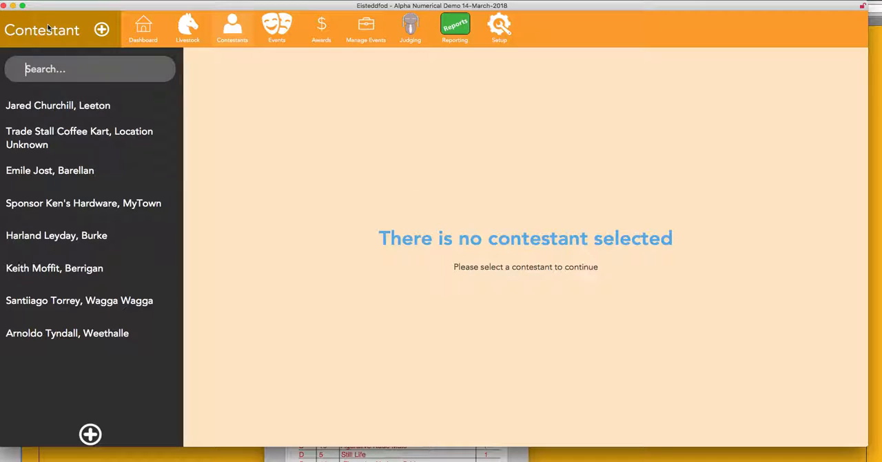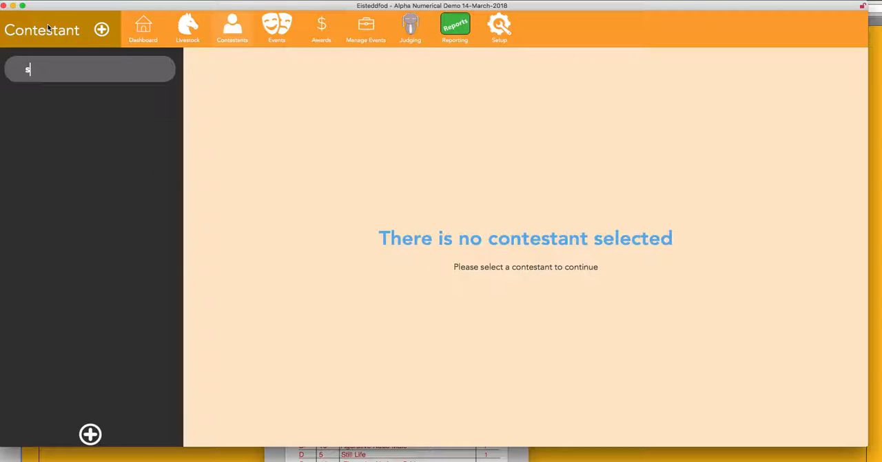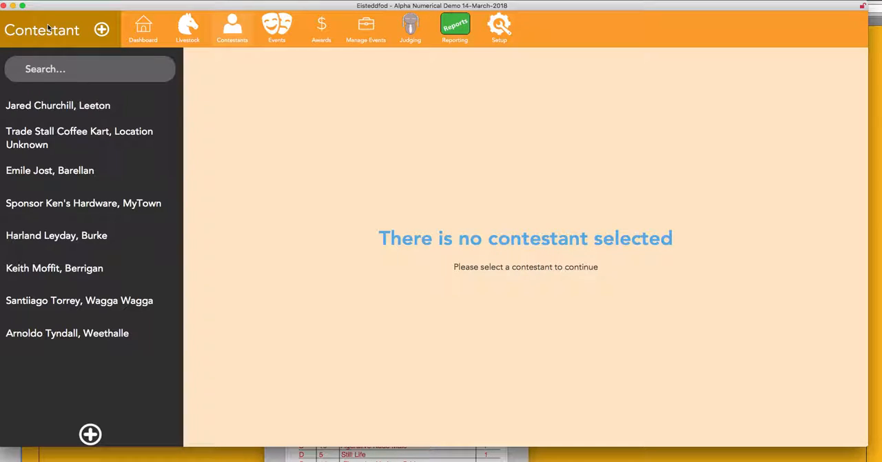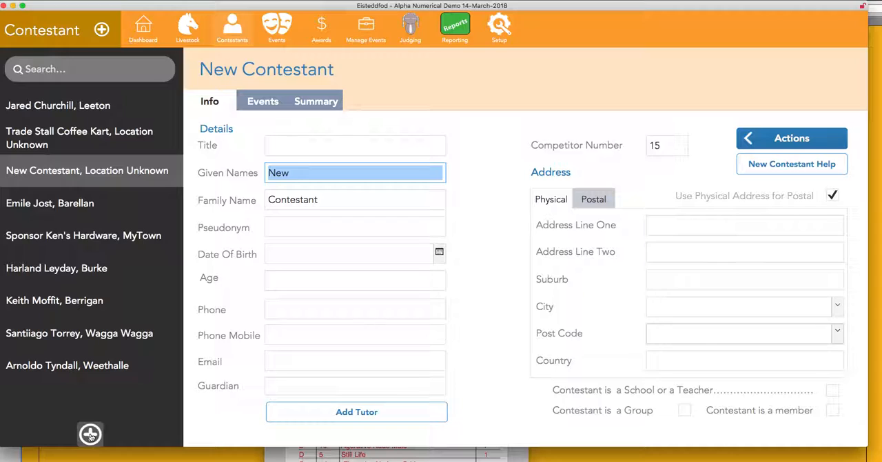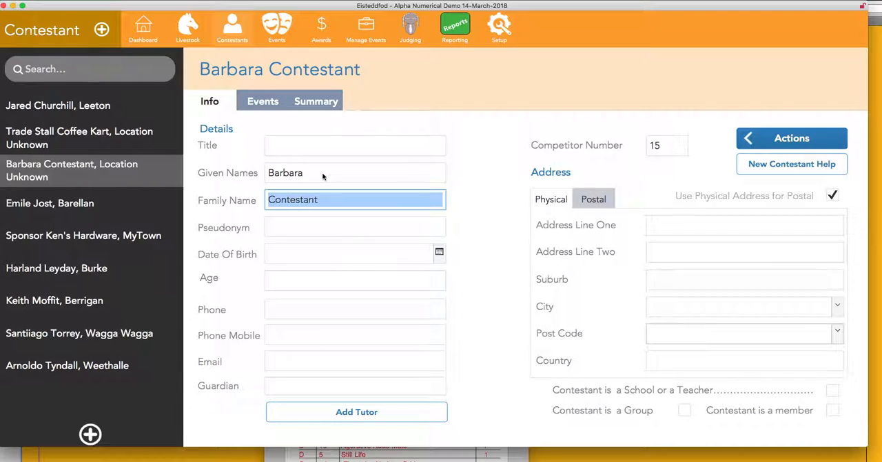Okay, so we do a search. We're looking for Smith. There is no Smith, so we can now press either that plus or this plus down here to add, and an info or a new contestant window will open, and it has three tabs: info, events and summary. So we just type B-A-R-R and we type Smith